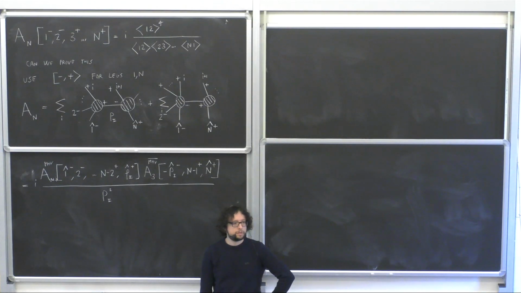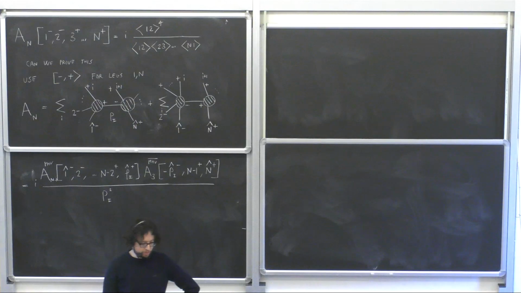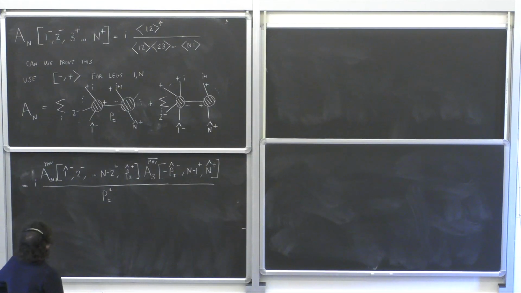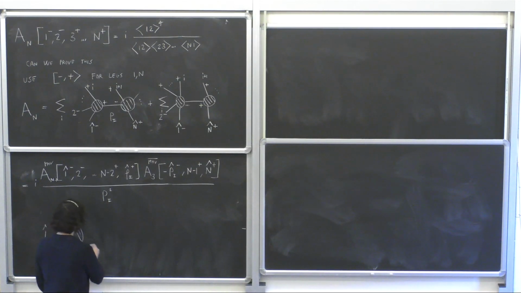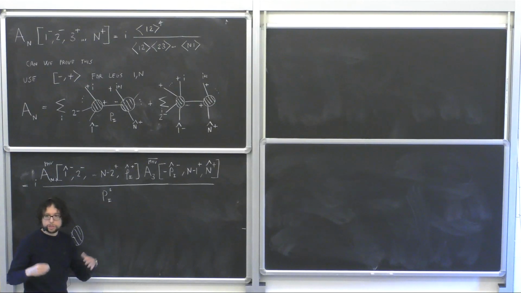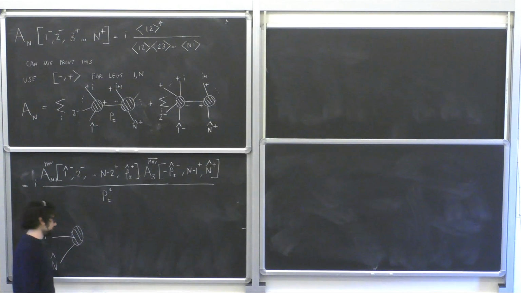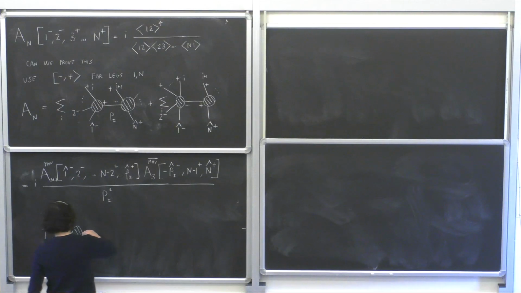Yes? Why didn't you consider 1 and n being the same as amplitude? This is a very good question. And the answer is because you would not get a pole in that way. Right? Because if some other polarization, so you're referring to a configuration, I'm sorry, like this, right? 1, n. These are shifted. Then by momentum conservation, and property of the shift, remember when I gave you the basic properties of the shift, it needs to conserve momentum.